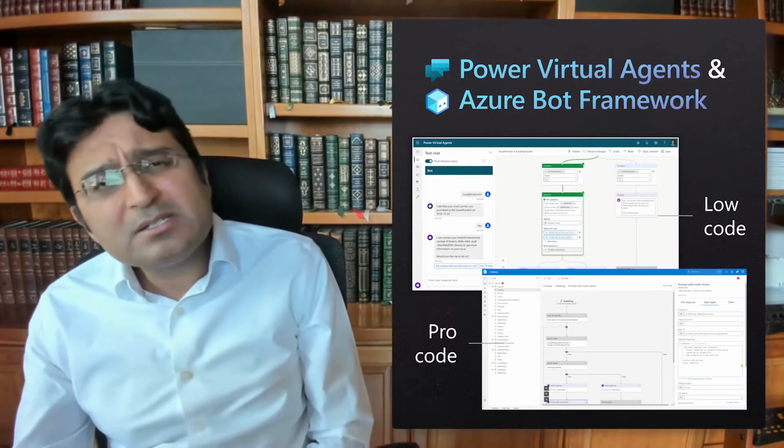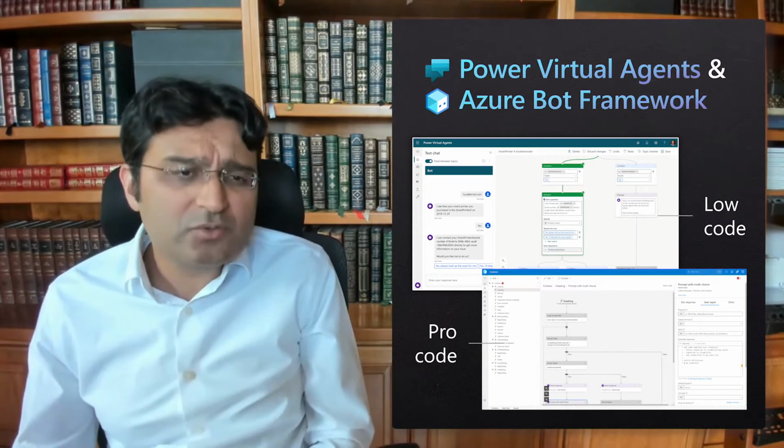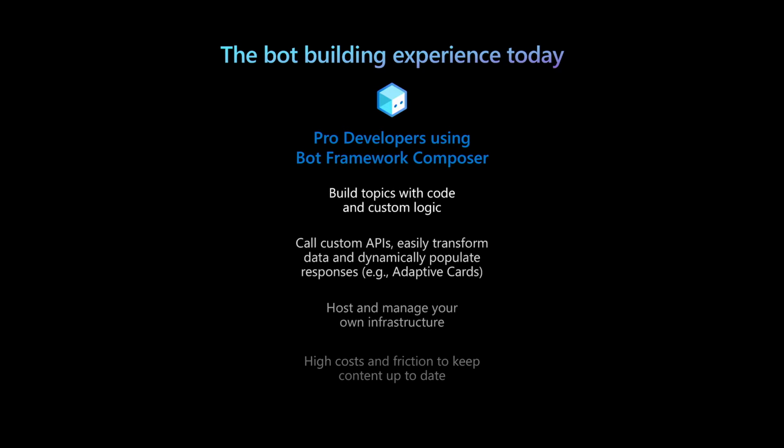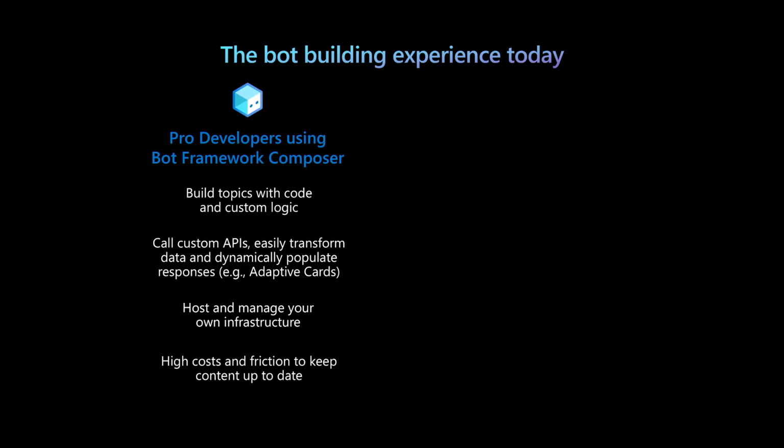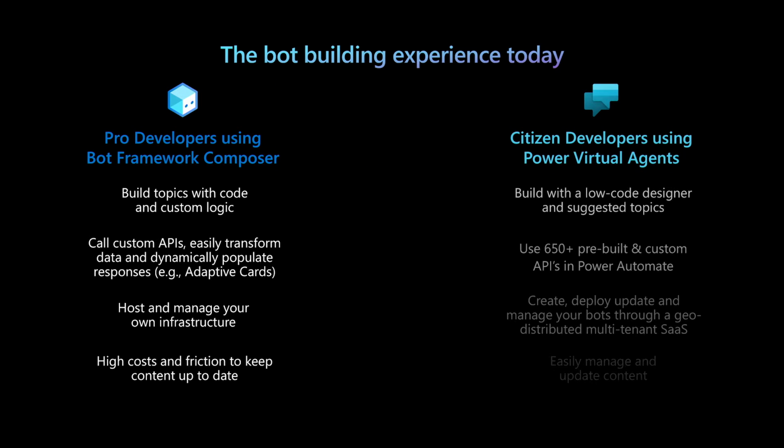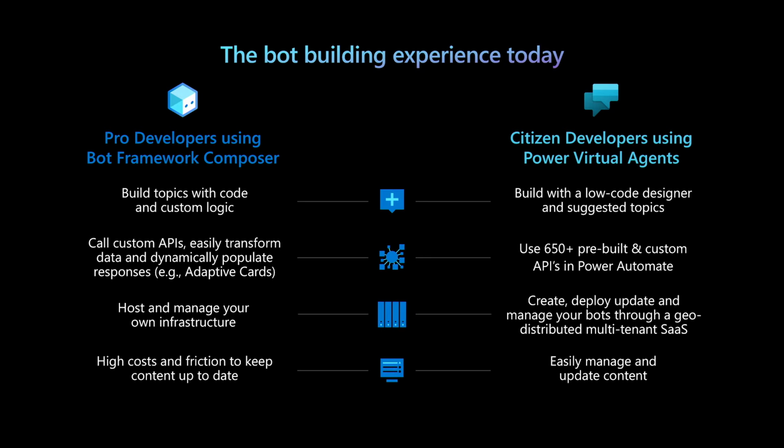Both products are optimized for different audiences and have a complementary set of strengths. Bot Framework Composer allows professional developers to write custom adaptive dialogue code, manipulate data, use eventing, and embed conversational cards. Power Virtual Agents allows subject matter experts to easily create a bot, visually create dialogue for it, publish it to a channel, get analytics and insights, and manage it all end-to-end, all from within a multi-tenant SaaS experience. Bot builders have used the existing integration between PVA and Bot Framework to create advanced conversational experiences, and it has proven very popular. However, the seams between these two separate products remain a source of friction today.